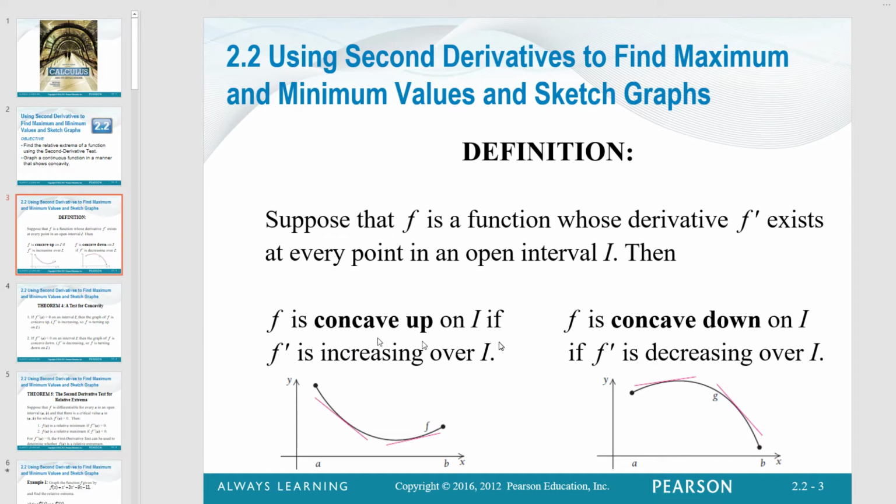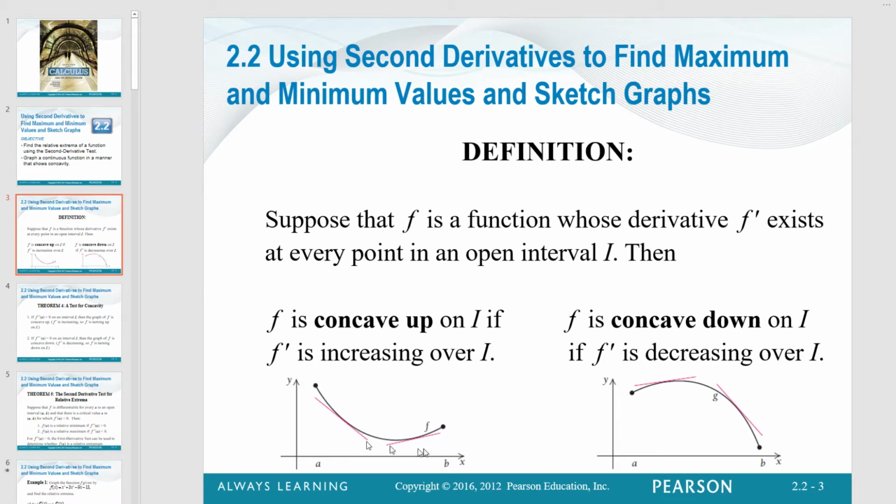Notice that concave up and concave down does not mean a minimum or a maximum. It simply means that in the original graph of f, there exists this curvature where the rate of change is not constant. The rate of change is increasing, which is f prime is increasing, like the slope is getting bigger and bigger. So we're actually analyzing the rate of change at every point. And as you can see, the slope is increasing from left to right, and so therefore we say that the